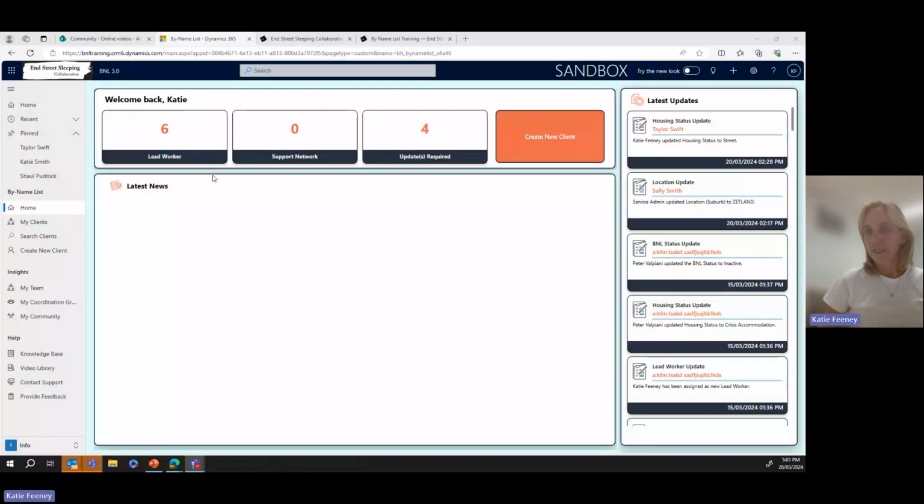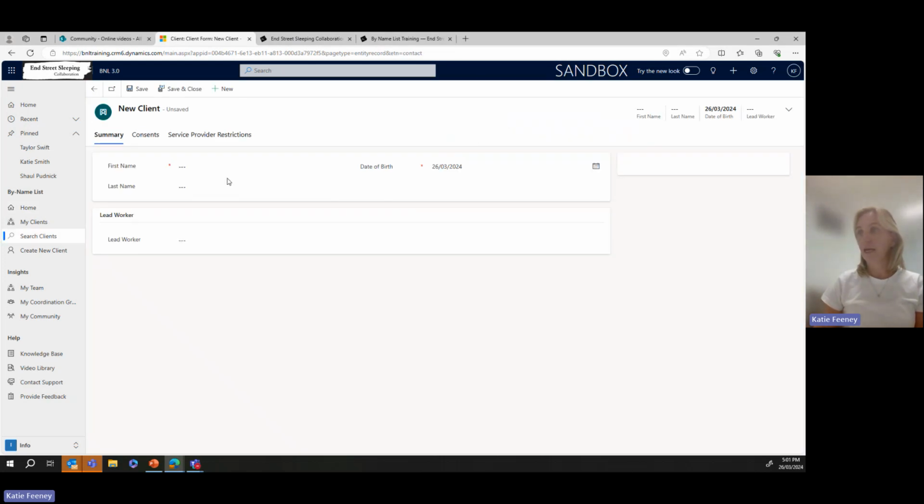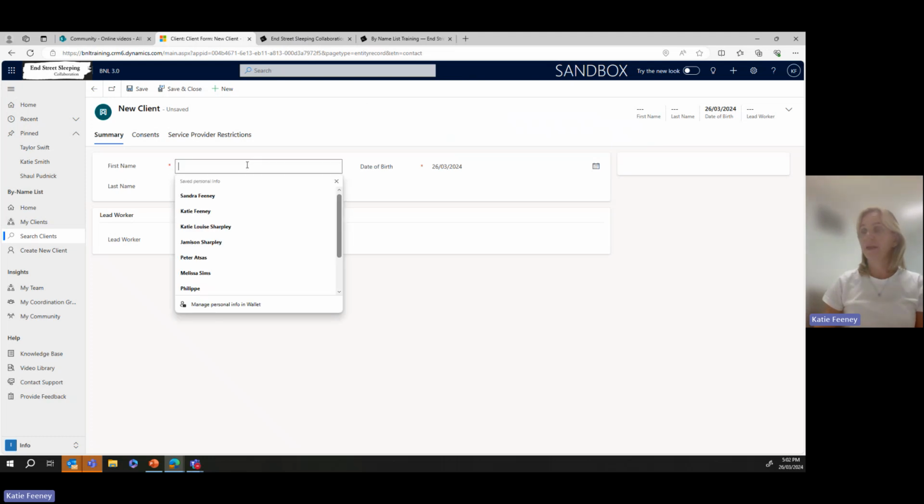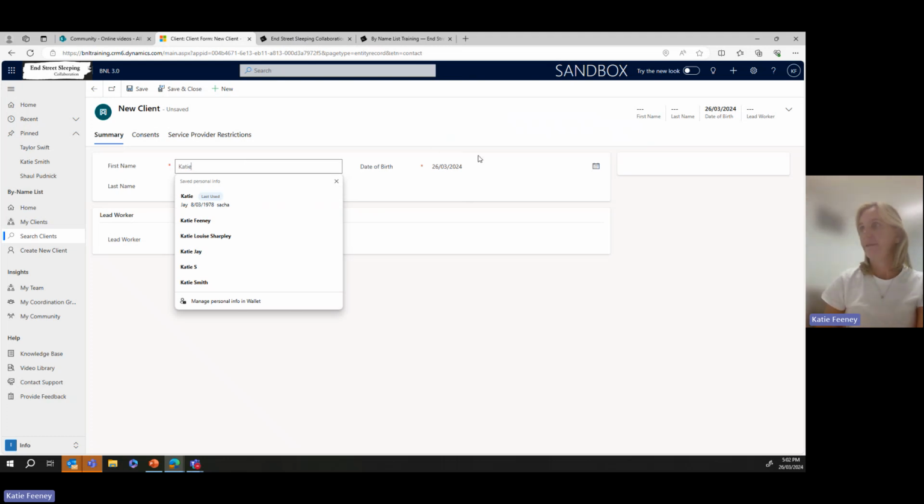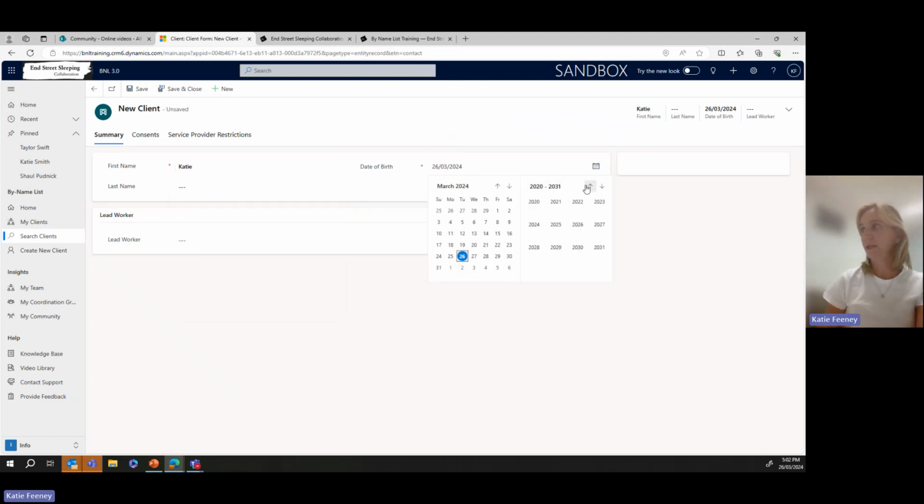As I mentioned, there are two ways to create consent. There's this create consent button, and there's also create a new client on the left-hand navigation. So let's click create consent. There are two pieces of information that are essential: the first name and date of birth. So let's put Katie. Date of birth, remember, just needs to be older than 16 to be added to the by name list, and it won't let you add someone younger than 16. Once you have those pieces of information in there, you can save and it will create the